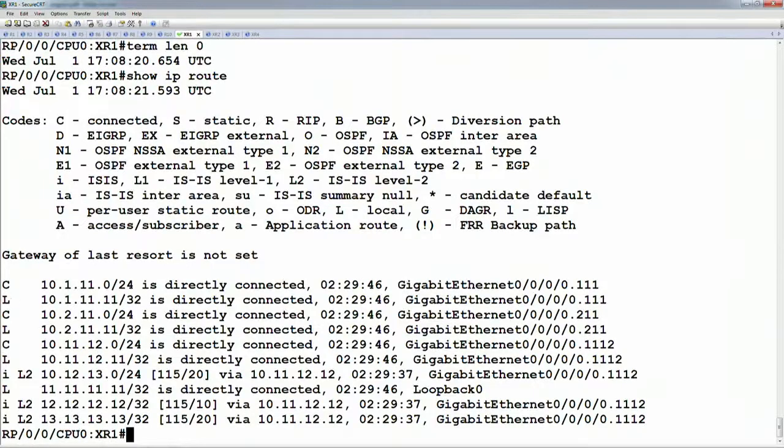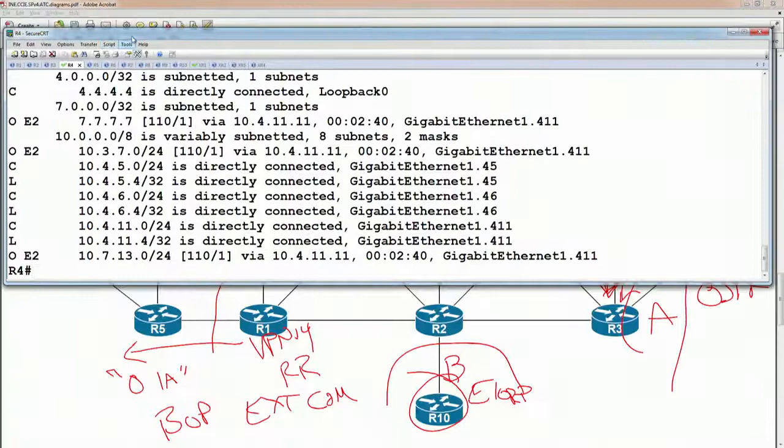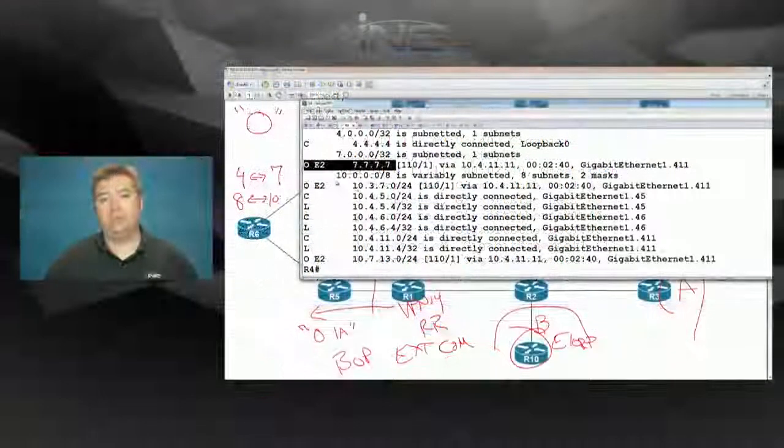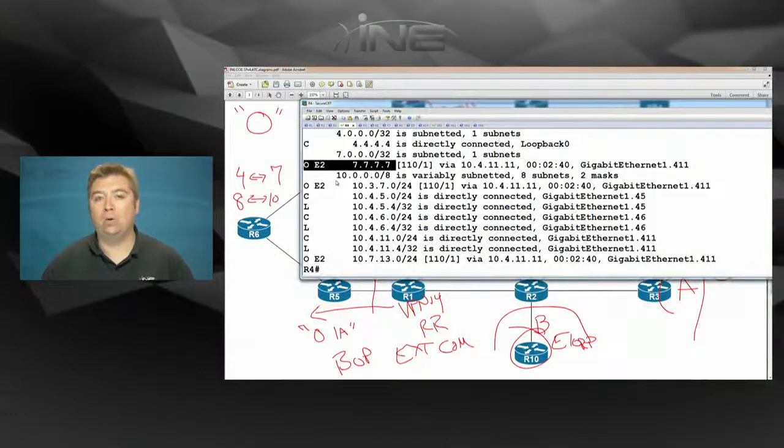So let's go to router 4, and router 4 should have 7.7.7.7, which it does. But notice here the way that it was encoded as OSPF external, not as OSPF inter-area, because the VPNv4